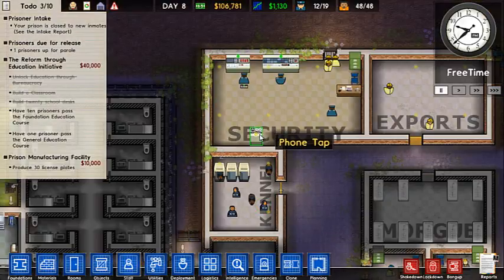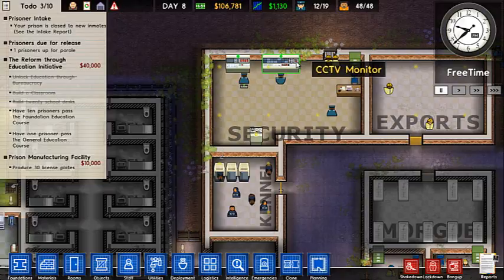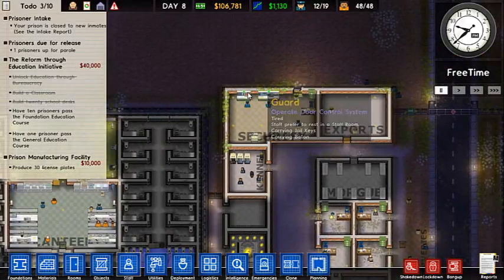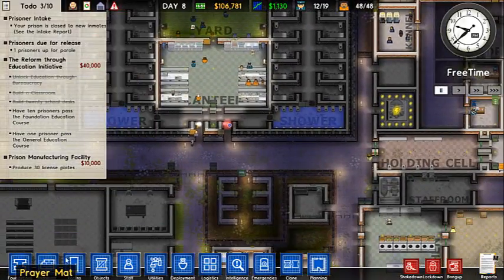Okay, now security is set up. It has a phone tab, it has a door control system, and it has CCTV, which is closed circuit television or something. Now, none of these are actually attached to anything, so I'm not sure why the guards are sitting there staring at them. But what we're going to do now is I'm going to show you